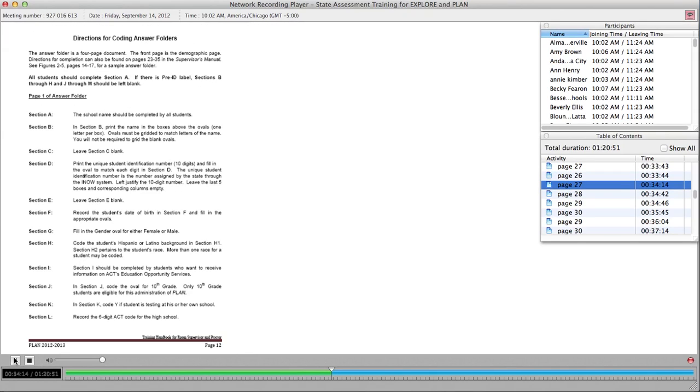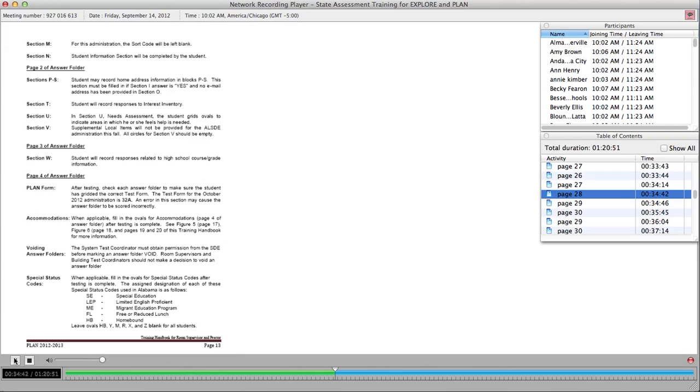Okay, the next two pages are directions for coding answer folders, and if you will just make sure that those are reviewed for checking the answer folder, the specific directions that the test administrator or test room supervisor will read to the students will be located in the actual supervisor's manual, but this is just for a preliminary training. The next page